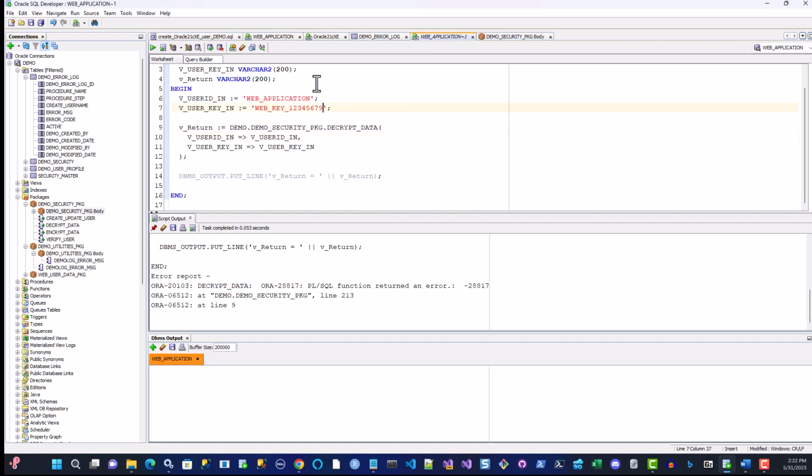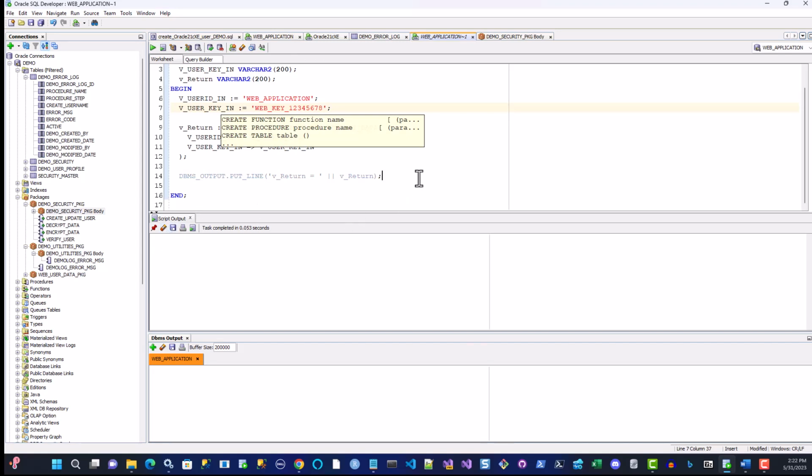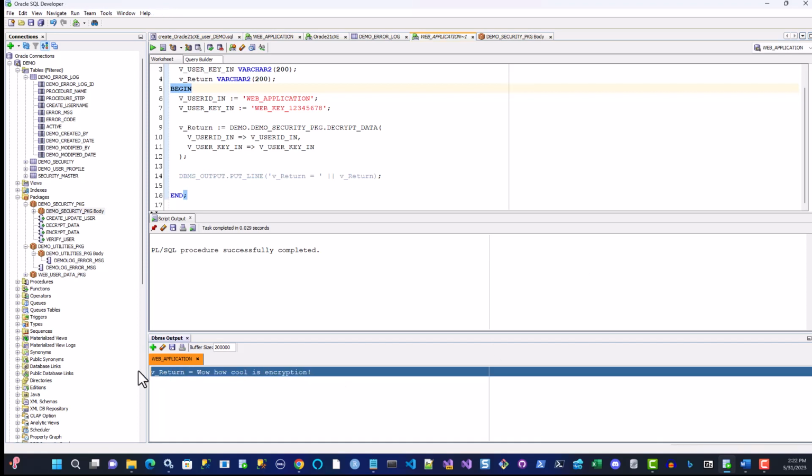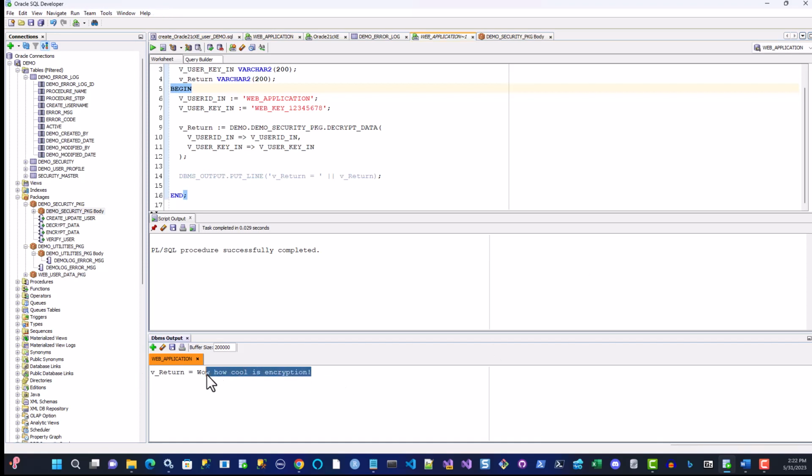What I want to do this time, I want to make the right call, and I'm going to make it an 8. And hopefully now it should return the clear text. So let's run it again and see what happens. I'm running it, and sure enough, wow, how cool is encryption? So it decrypted that text from that table. So that's pretty cool. So that's a little bit about the functions for create, update user, decrypt data, encrypt data,